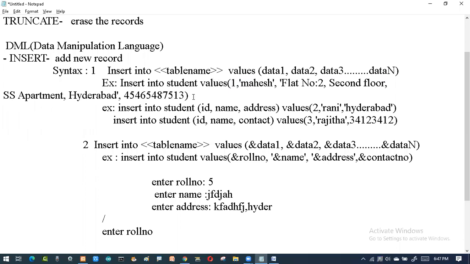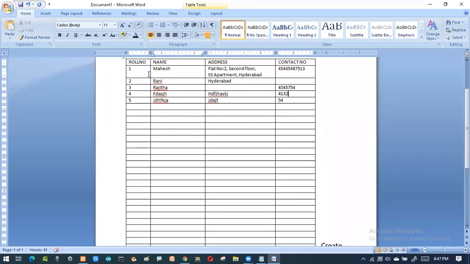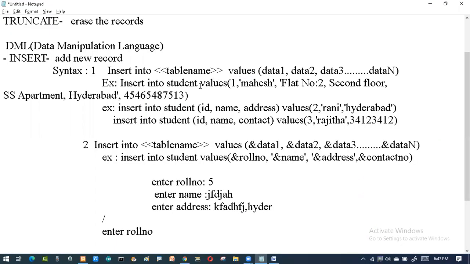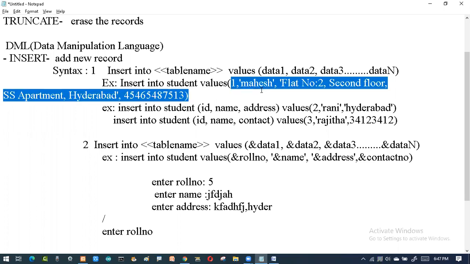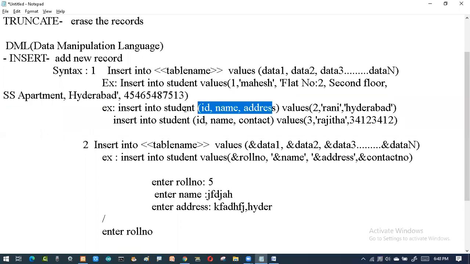Now here we have some flavors. The first flavor says that if you have all the data with you, like Mahesh is having all the data, then I just say insert into student values and follow with the values. Say I don't have all the values, I have only a few columns. So what are the columns you have? Before inserting the records, you give prior information to the database, to the table, saying that right now I have only a little information to give, so accept it.